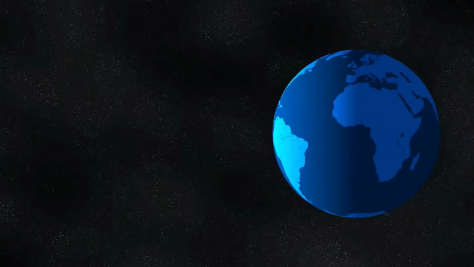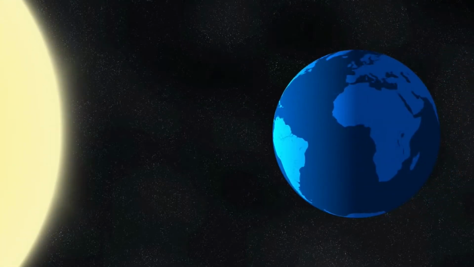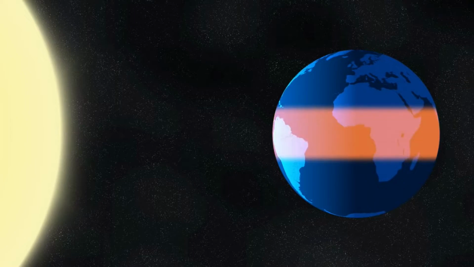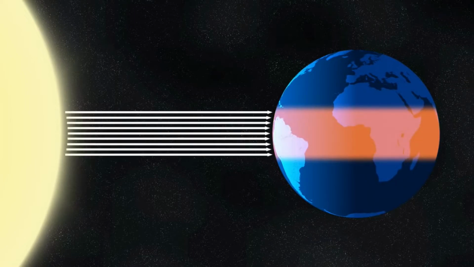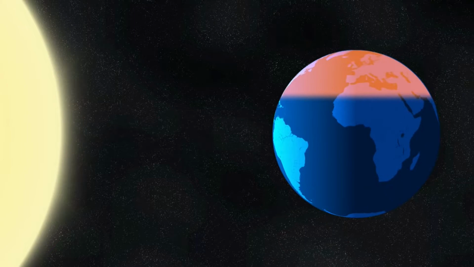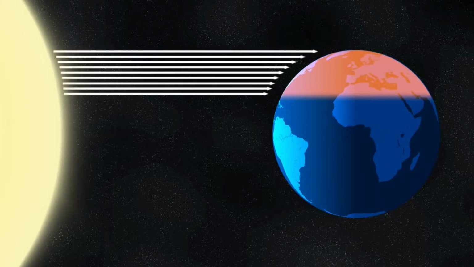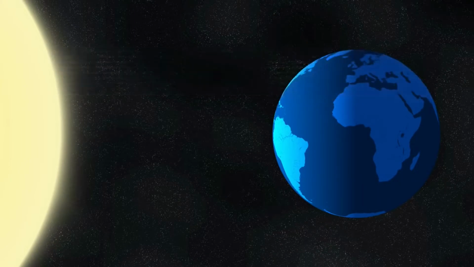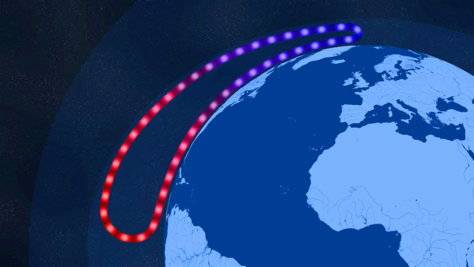Here is Earth. The sun heats the Earth, but it does not get heated evenly. At the equator, the sunlight is more direct and heats the surface the most. Out toward the poles, the sunlight is spread out over a larger area, so that area won't heat up as much. This creates an area of rising air at the equator, which in turn creates surface flow from the poles to the equator. This simplified circulation pattern is just a concept.